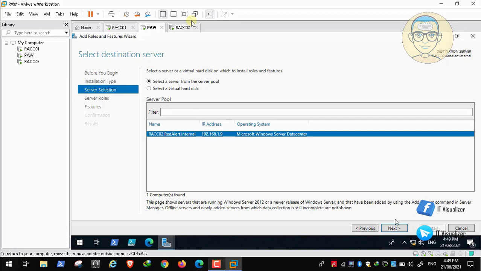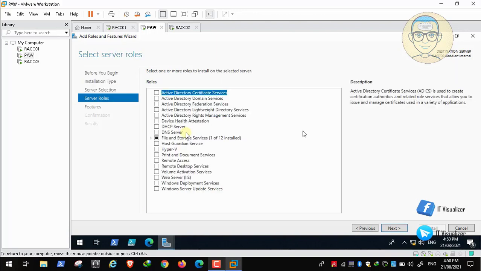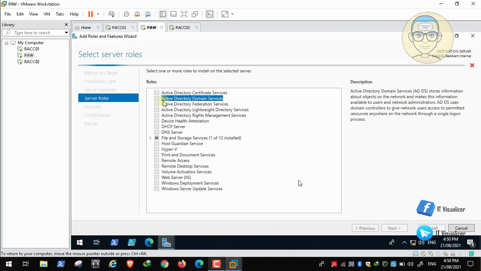So this is the name of the server. Here we can see that the destination server is RACC02, so that's it. So it is connected to the server. Now this is the IP of the server, and this is the server, and it has joined the domain. So now we will add Active Directory domain services,